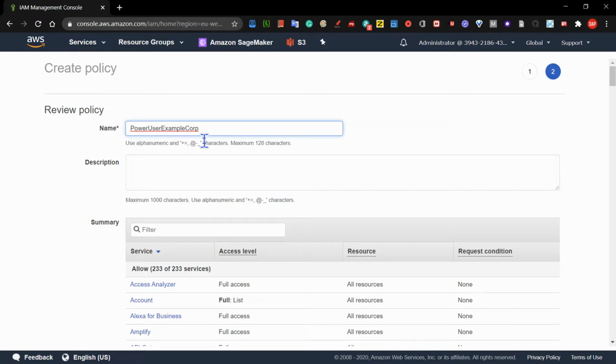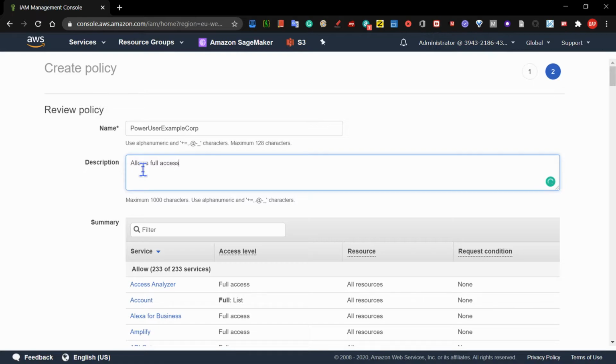Once you type this in, for the description, what I suggest is type some useful description. As I have suggested, I will type allow full access to all services,